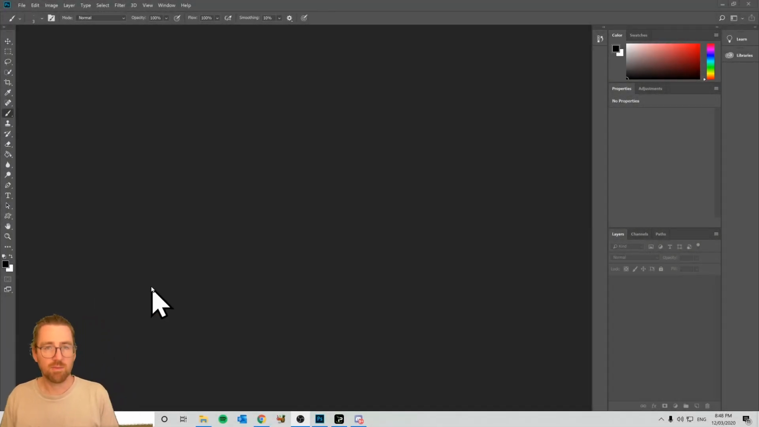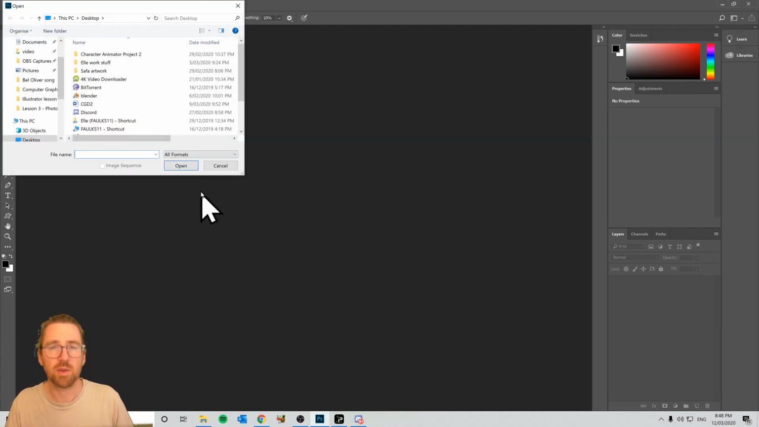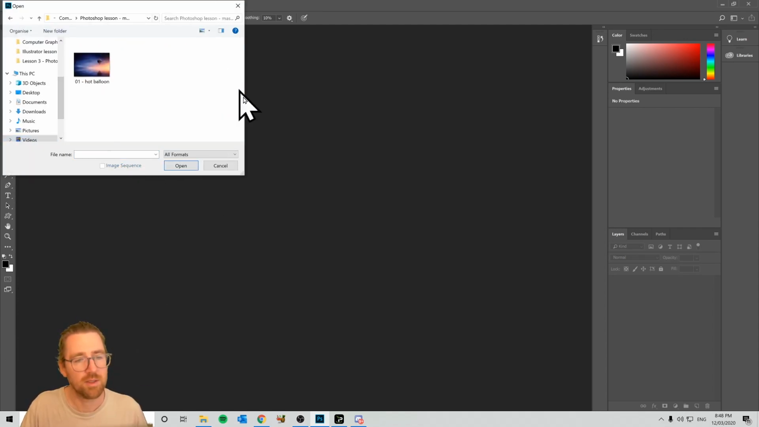Okay, so we're going to do some Photoshop. We're going to learn about adjustment layers. We're going to learn about masks, and we're also going to mainly get used to using the brush shortcuts. So the first thing we want to do is File, Open, and we're going to go into our Photoshop lesson